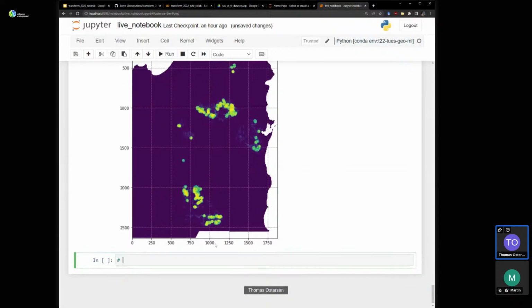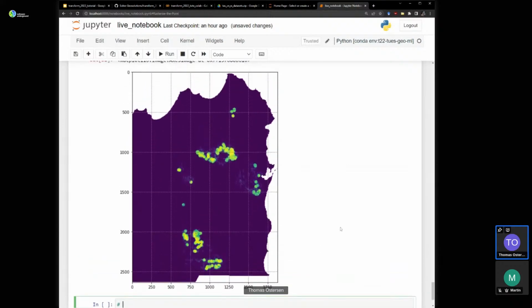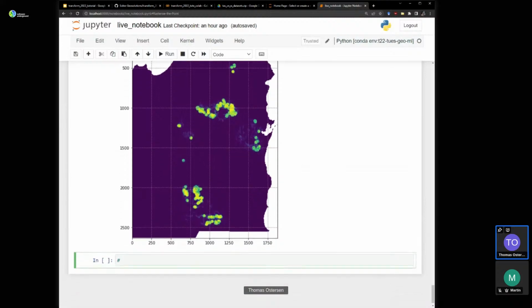There's a number of ways of going about it. We're just going to use a random undersampling exercise. So what I mean by that is we're going to randomly undersample the distal class such that we have the same number of pixels as the proximal class. Let's go ahead and do that.